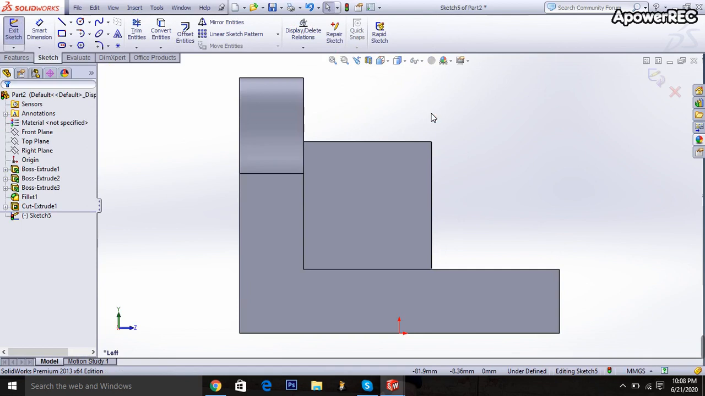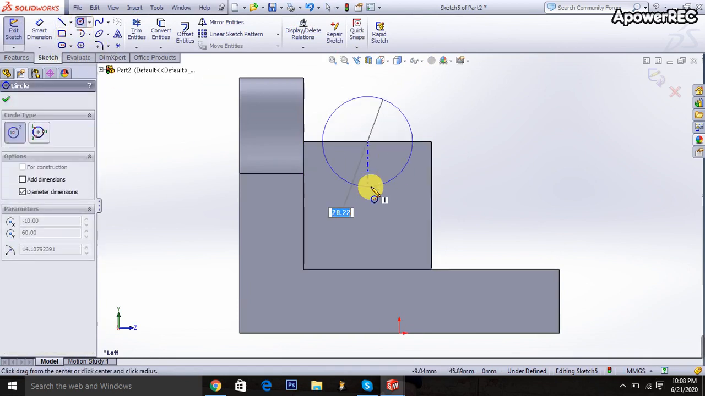Then extrude boss select and click on this face. Go to here, select it. Okay, circle is taken. Draw a circle